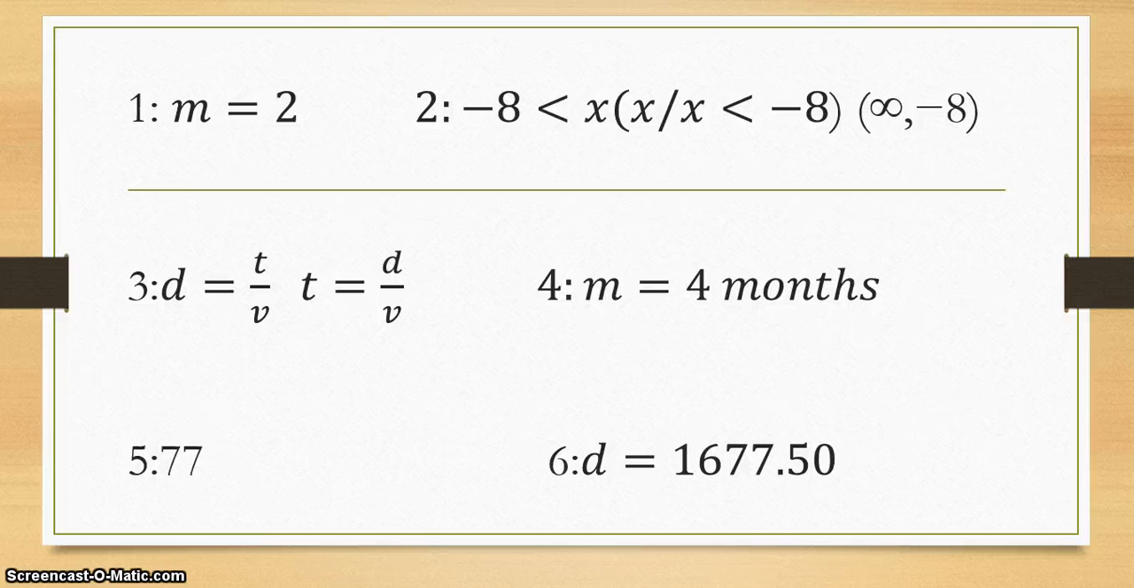Those are all 6 problems, and the answers to every single one of them are listed here. For 1 it is m = 2. For 2 it's x is less than negative 8, in interval notation negative infinity to negative 8. Then 3 is d = t over v, and t = d over v. 4 is m = 4 months. 5 is 77, and 6 is d =